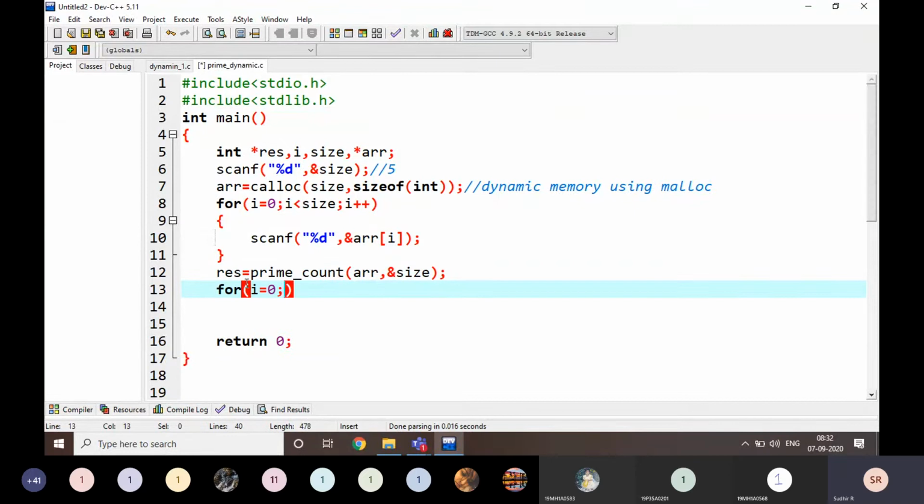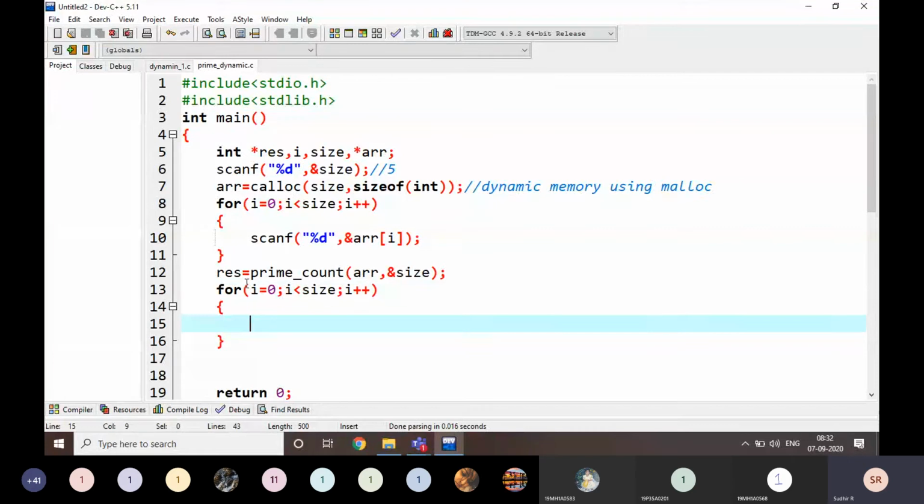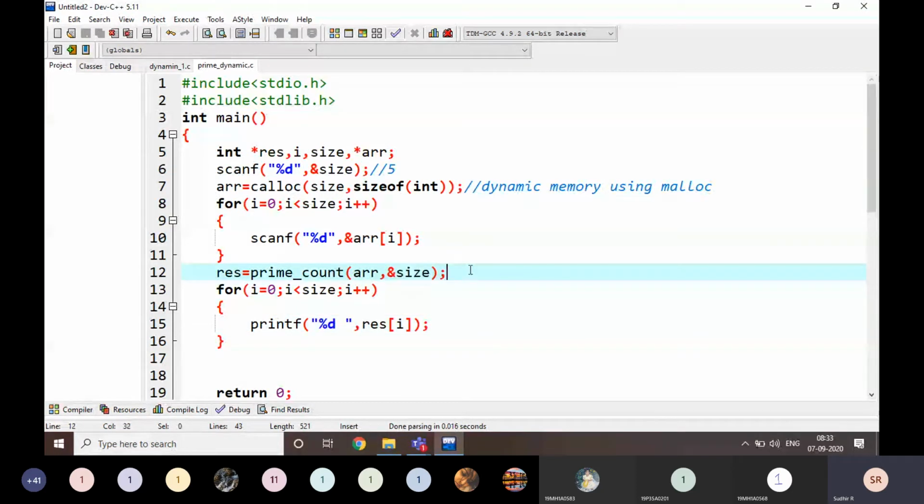For i is equal to 0, i less than size, i plus plus, I'm going to print here percentage d space comma res of i. Okay, nothing else. Why here am I passing the size as an address?